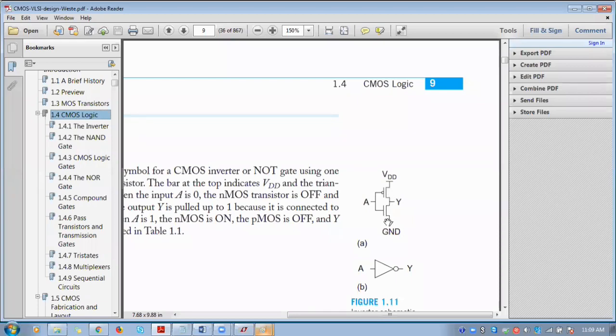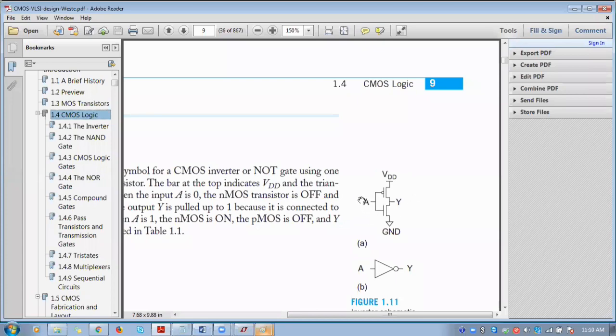So there won't be any connectivity between output and ground. Since PMOS is switched on, you will have a direct path between output and VDD. So you will get VDD as output, that is the highest value, logic 1. So while applying logic 0, we are getting logic 1.